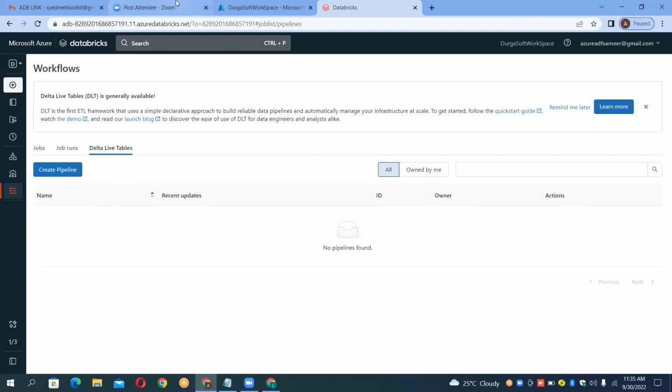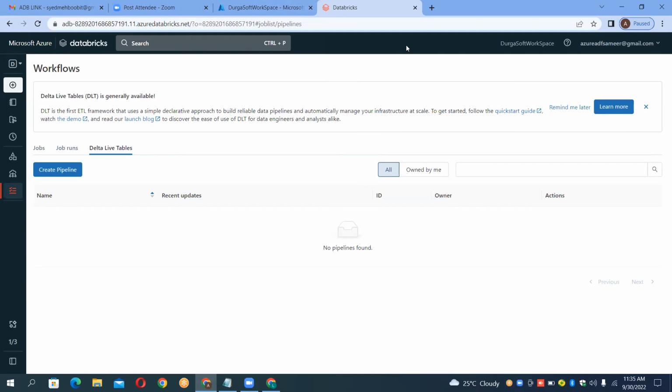Samir, one point. Yes, please. Data ingestion, does it mean data cleaning? Data ingestion is nothing but getting the data into the environment, pulling in the data, like extraction, for example from a Parquet file or an Excel file.